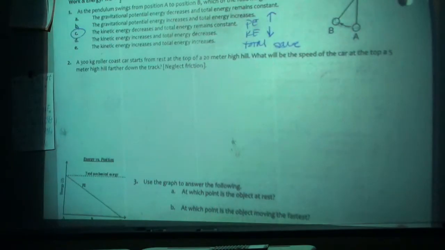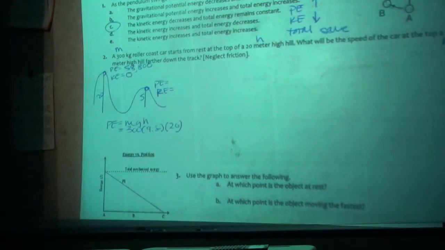A 300 kilogram roller coaster starts from rest at the top of a 20 meter hill. What is the speed at a 5 meter hill later on? So it helps to draw a picture. We've got 20 meter high and 5 meter high, and we need to find the potential and the kinetic at both spots because we need to be able to compare total energies. So I have the mass and I have two heights. This is the starting height, so I'm just going to plug into my PE is mgh equation. Mass is 300, g is 9.8, starting height was 20. That gives me a